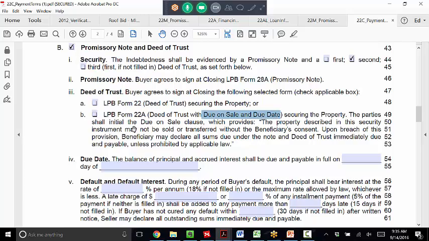So the most common deed of trust you're going to use is probably the due on sale clause one. You should try and negotiate it if you represent the buyer, so that there is no due on sale clause, because then that would give her the flexibility to resell it again. Make sense? All right. Paragraph B4, due date. The balance of principal and accrued interest shall be due and payable in full on,